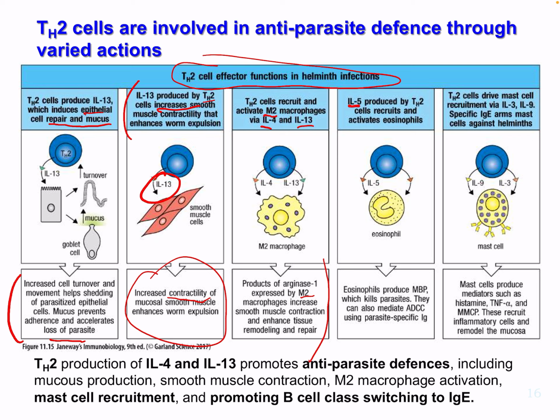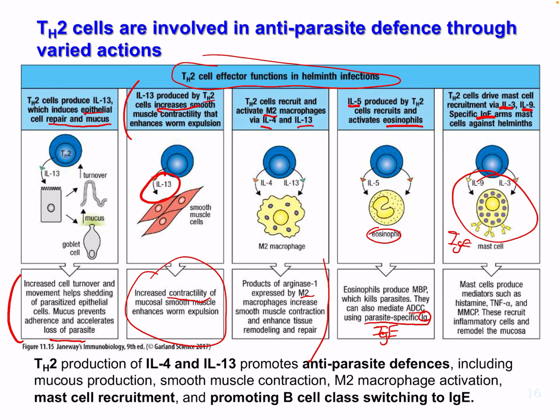We can have them produce IL-5, which recruits eosinophils. Eosinophils produce MBP, which kills parasites. They can also mediate ADCC using parasite-specific immunoglobulin, which is IgE. You'll see eosinophils come up again. Th2 cells can drive mast cell recruitment via IL-3 and IL-9 and result in specific IgE-bearing mast cells against helminths. So these are IgE specific,